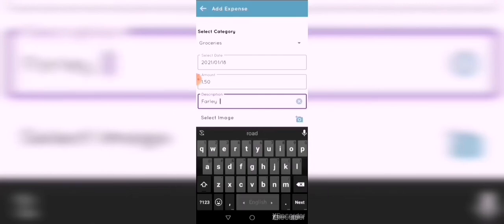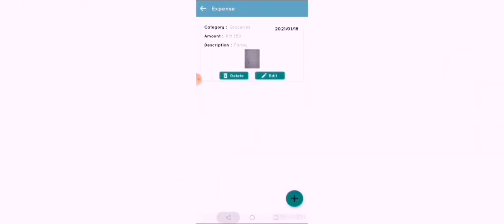So I'm going to select the category grocery, select date is 18, 10.50, description, select image, submit. So you successfully added 151 ringgit 50 cent.